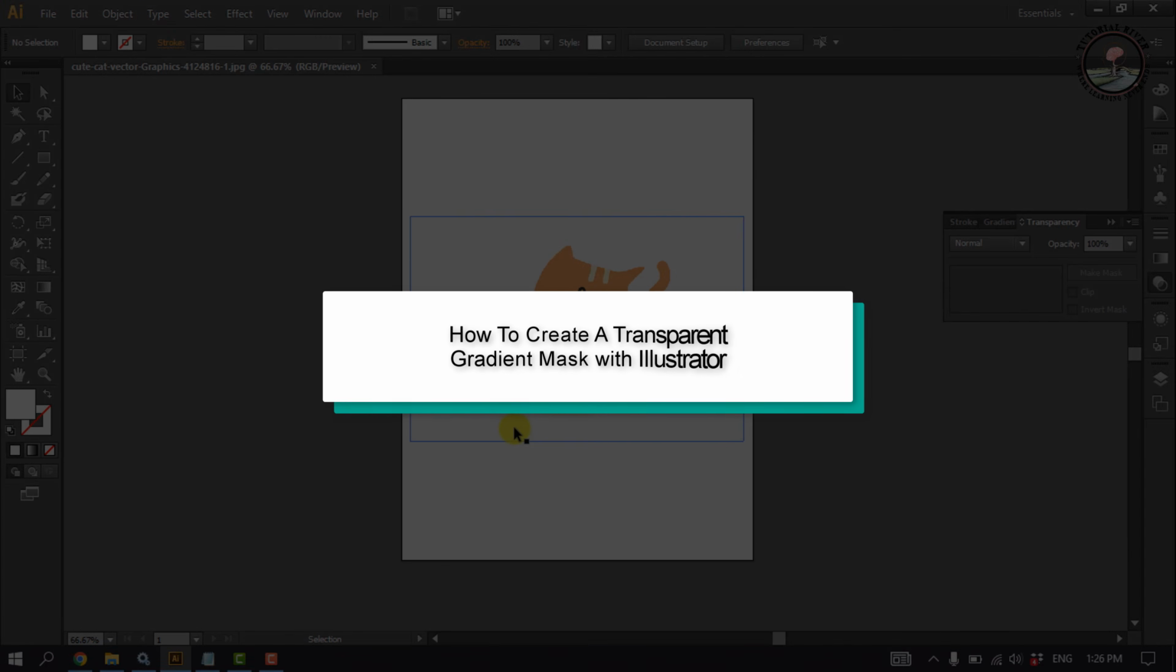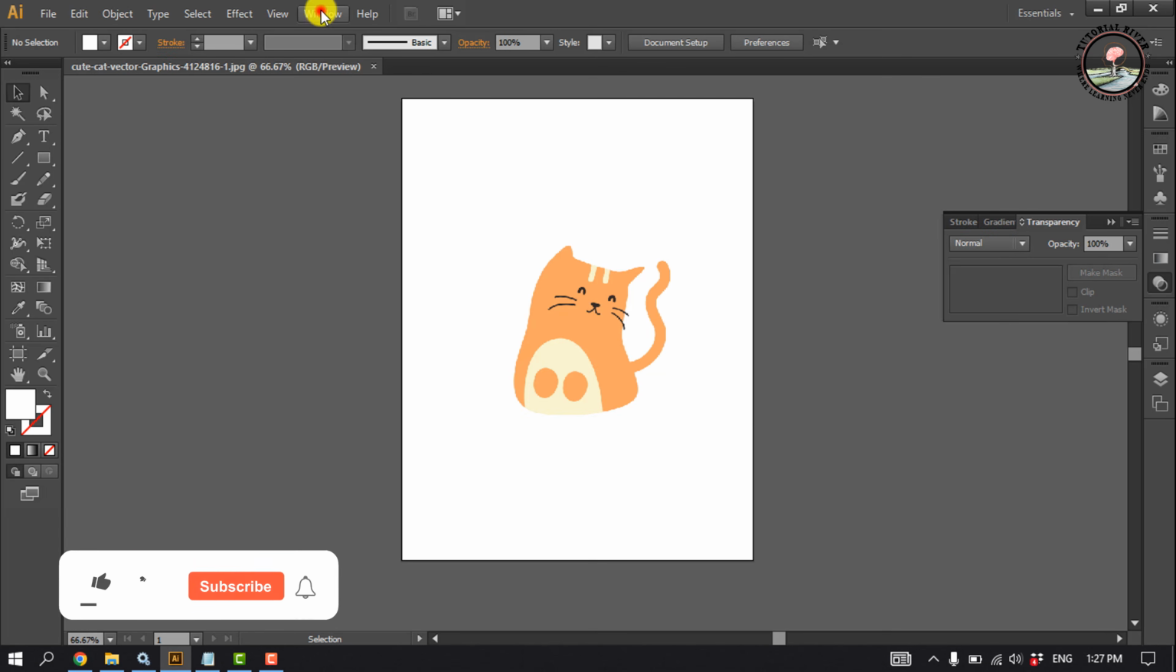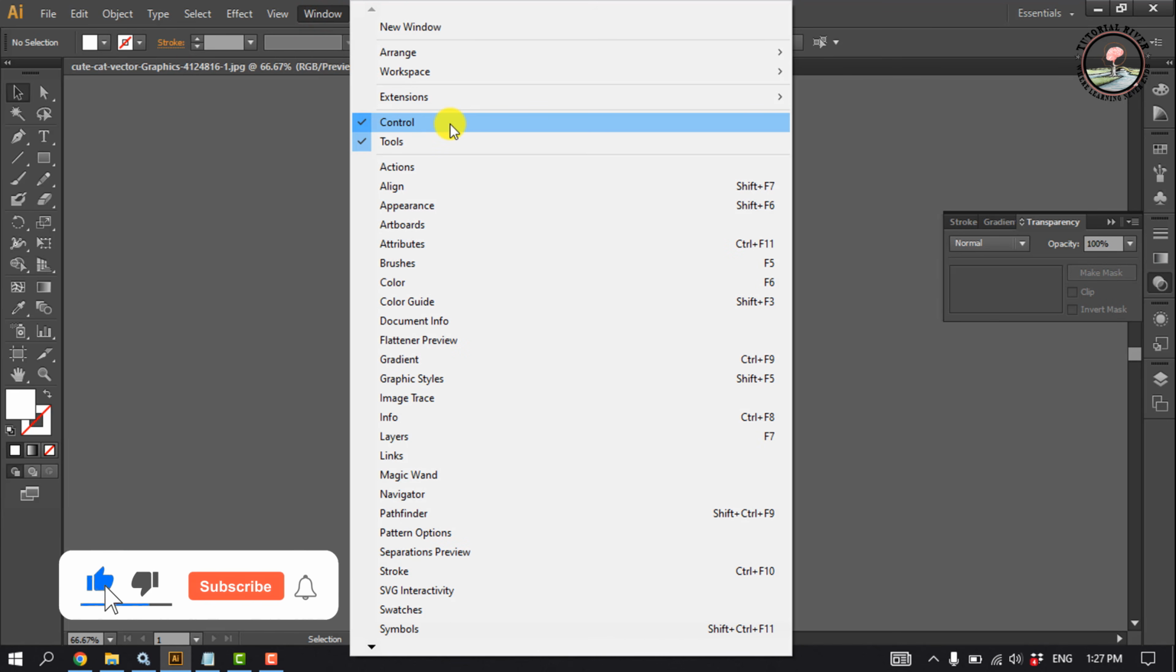This tutorial will show you how to create a transparent gradient mask with Illustrator. First of all, open your photo, click on Window. Make sure to enable Control,